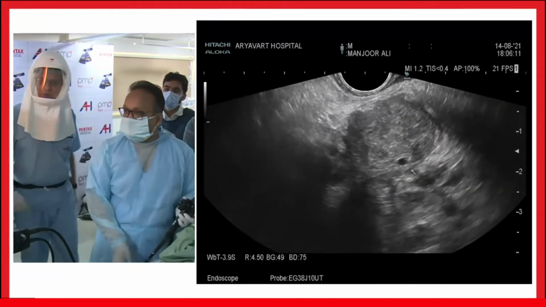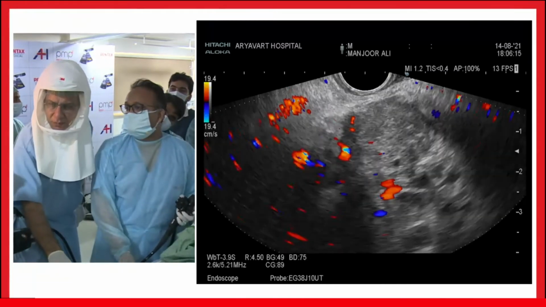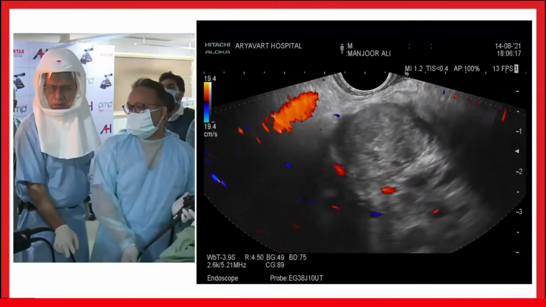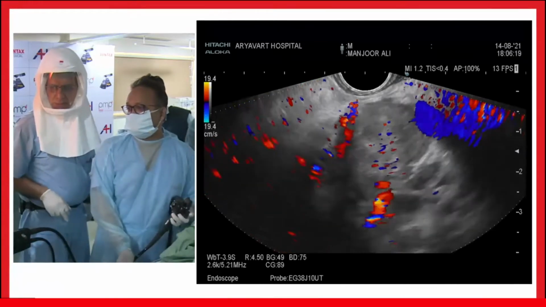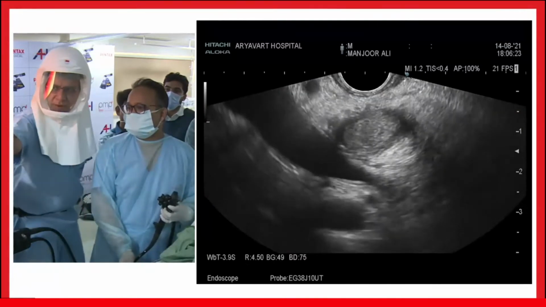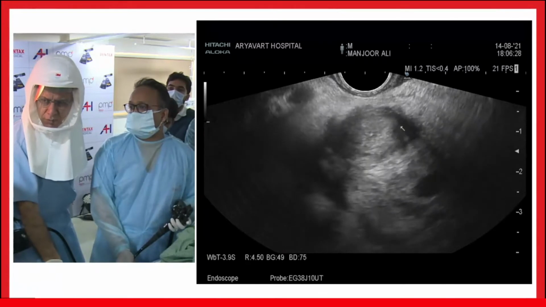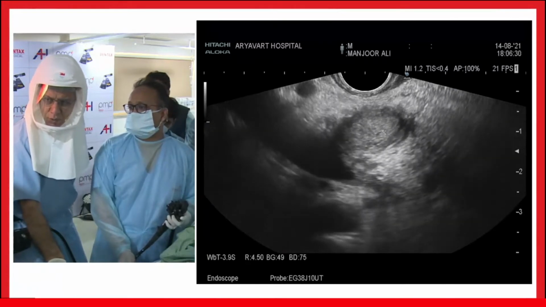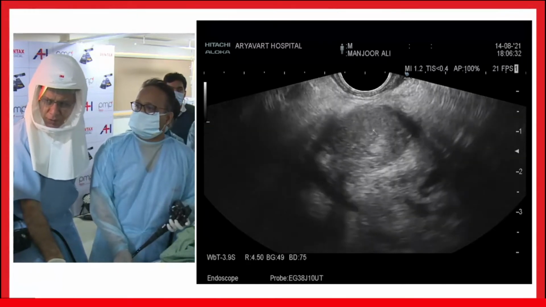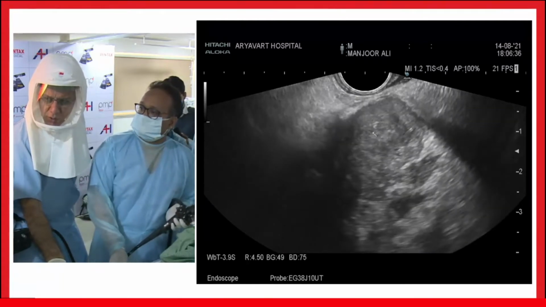Anything else you want to see? I feel this mass is, what is this? It doesn't look like a compressed duct, maybe within or a side branch. As you said, the duct is seen on the side. This is the rim of the duct in this part. So this is a stone. No, this is the mass. Rotate. Can you see if the mass is continuing into a stone or not?